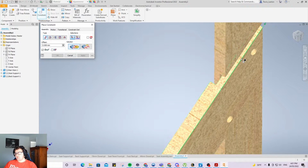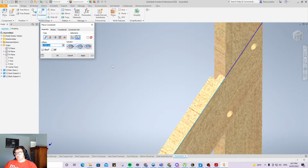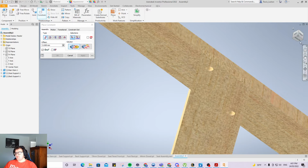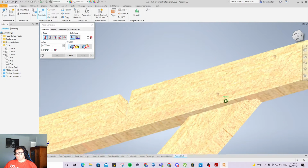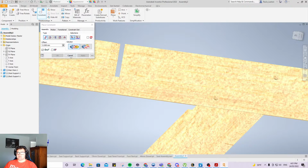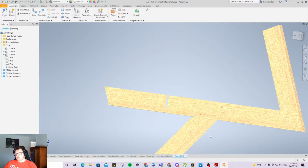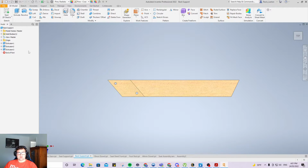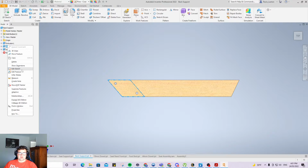What if we constrain that top bit? Constrain with that, make it best friends. Cool. So you can see we've also made this one a little bit too big. I'm assuming that's just going to be the exact same issue with my measurements that I had before. But the beauty of it is going back in here, right click on here, edit sketch,